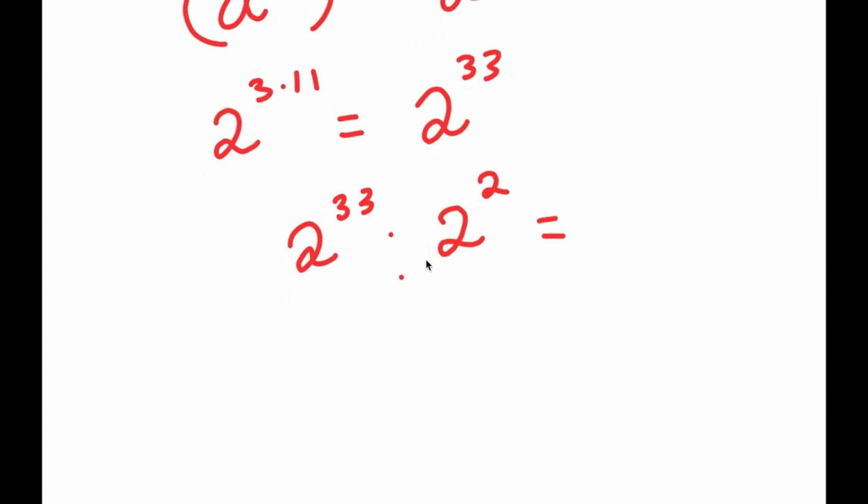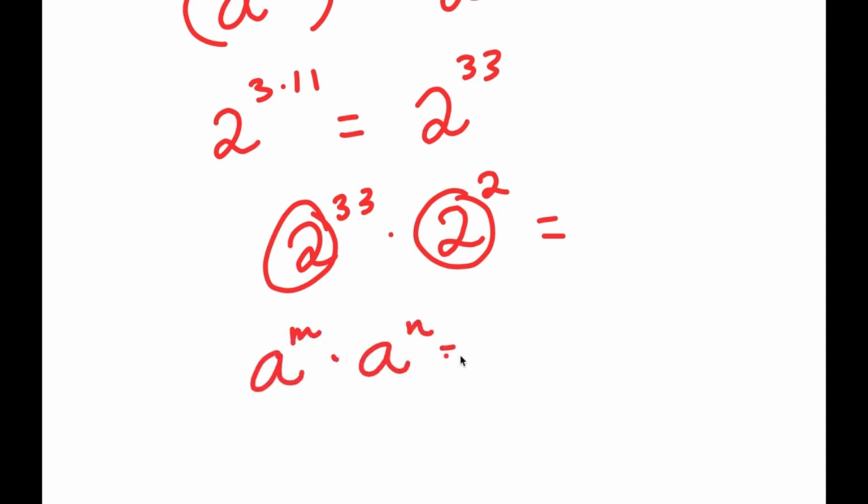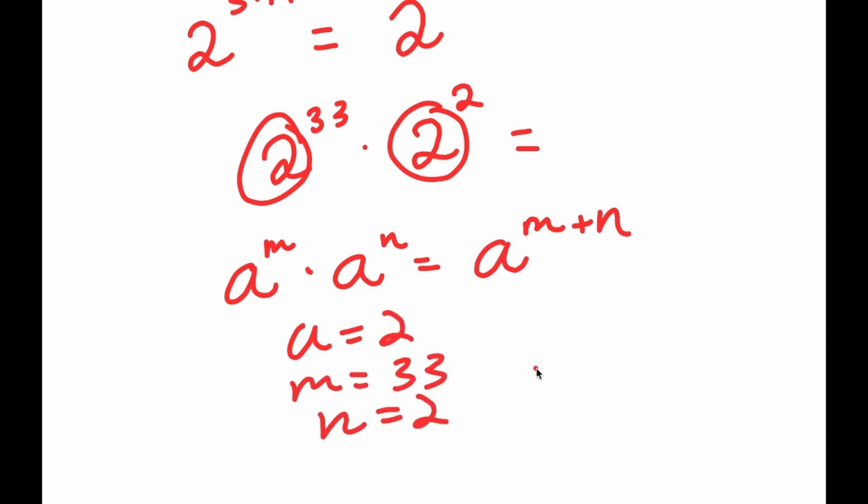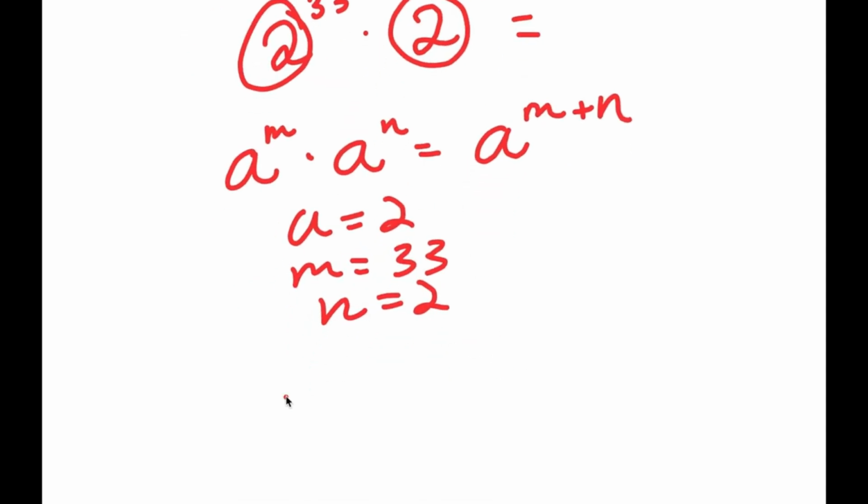Now the last part is a fairly easy step. Because both of these bases are the same, if I have something in the form a to the power of m times a to the power of n, this is equal to a to the power of m plus n. So over here I have 2 to the power of 33 times 2 squared. I can think of a as 2, m as 33, and n as 2. So I can rewrite this as 2 to the power of 33 plus 2,